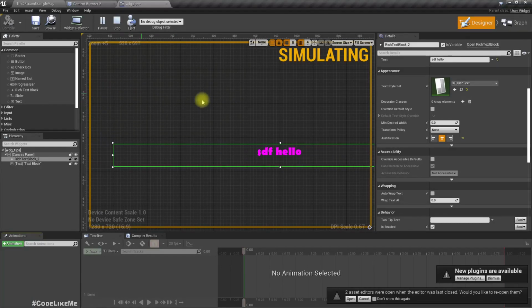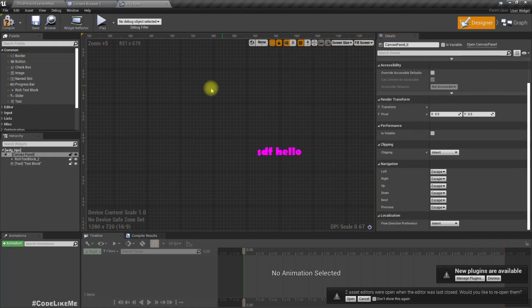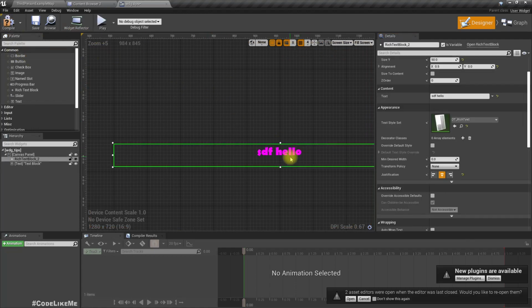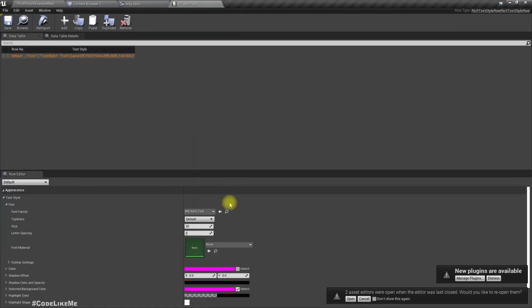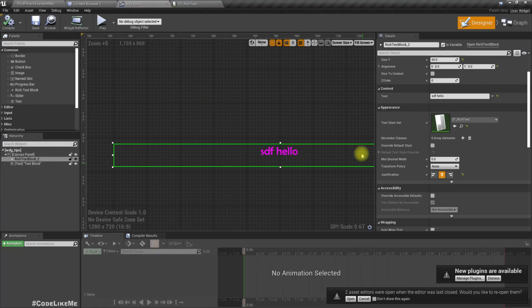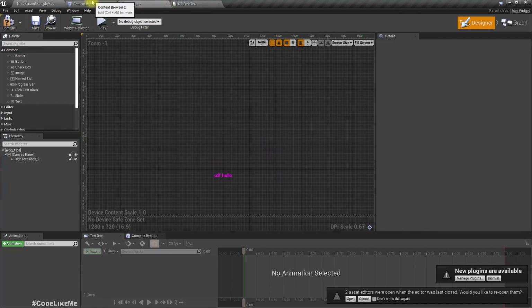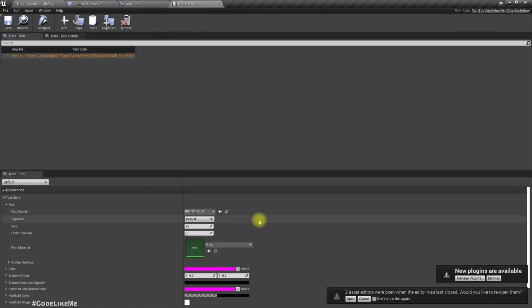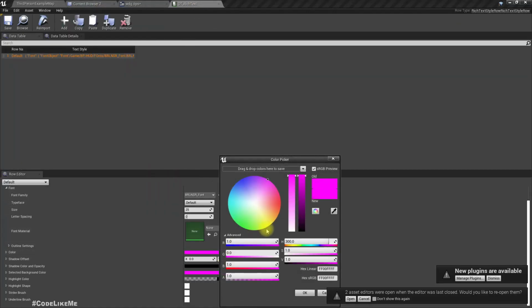Right, I just had to hit compile after doing changes, so then it started showing the changes. Okay, showing the text. So for example here, if I change the font size to 25 and save, that's not reflected here until I compile. Okay, right, now here I'll change the default color to white,